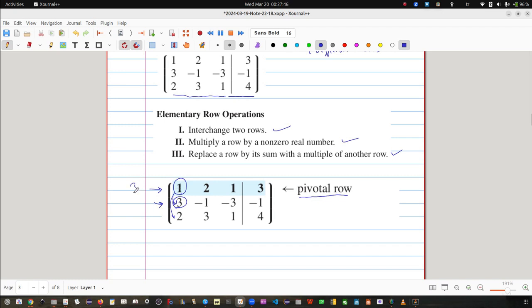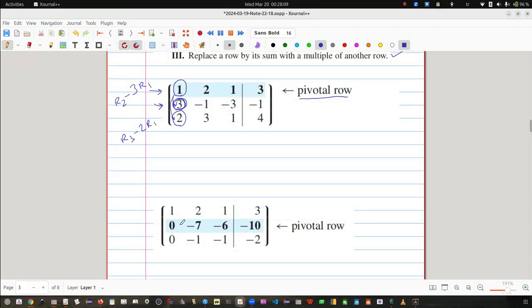Means 3 times row 1 subtracted from row 2 can eliminate the first element of the second row, and then row 3 minus 2 times row 1 will eliminate the coefficient of the first variable in the third equation. So this means we are able to eliminate